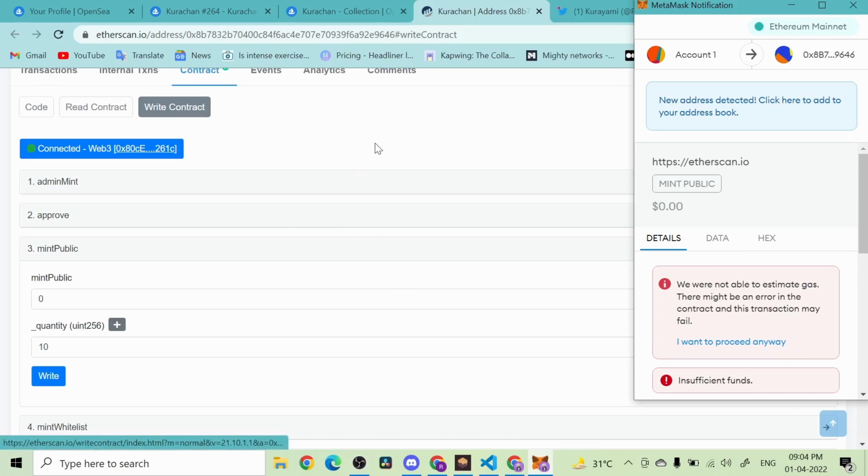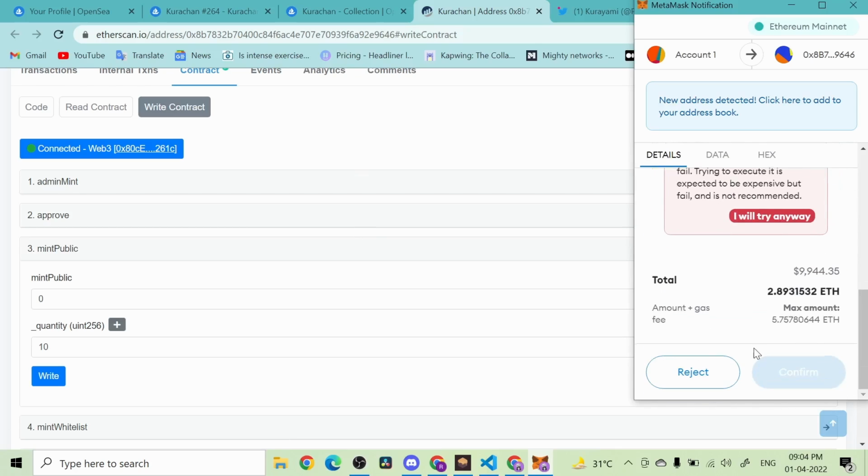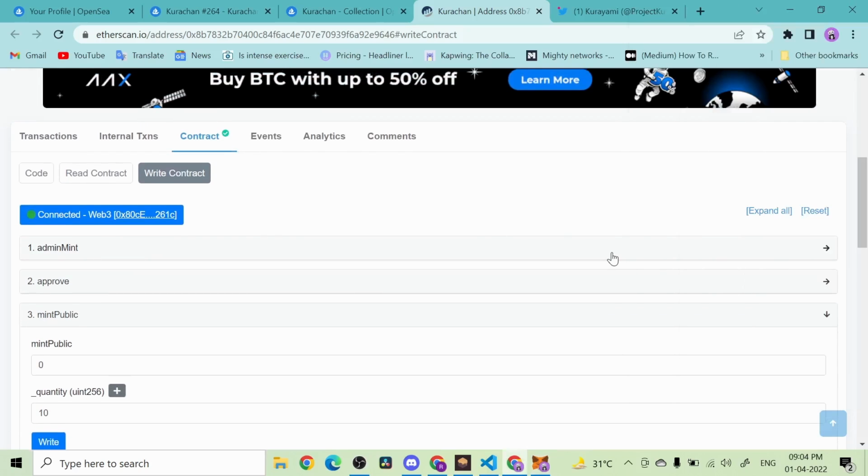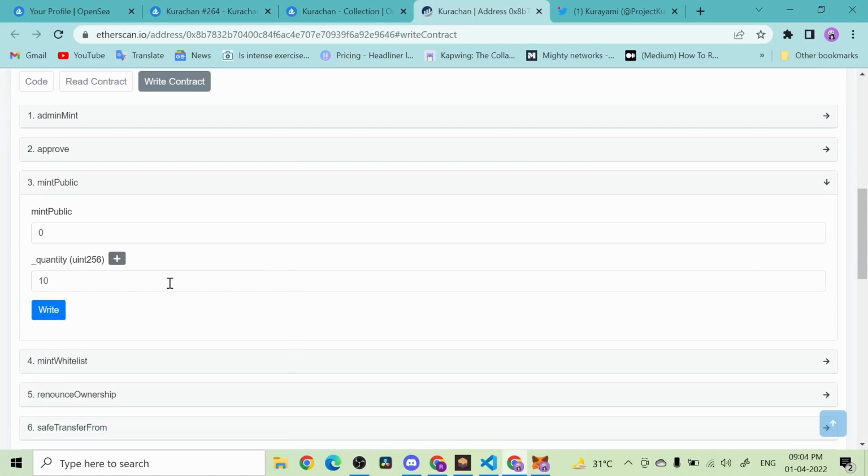Why is it going to fail? Because nobody is going to be able to mint for these ridiculous gas fees. And if people are not going to buy, then there will be a lot of supply and not enough demand for it. As a result, the prices are going to fall, and this mint is not really a good choice. So I'm not going to mint it, but I hope you got the hang of how you can mint directly from the contract.